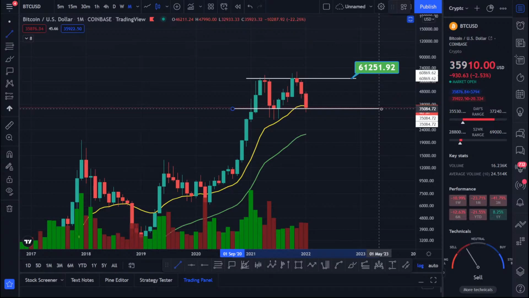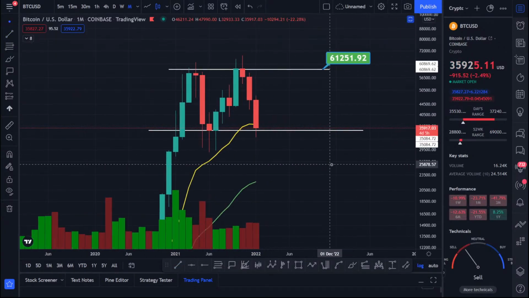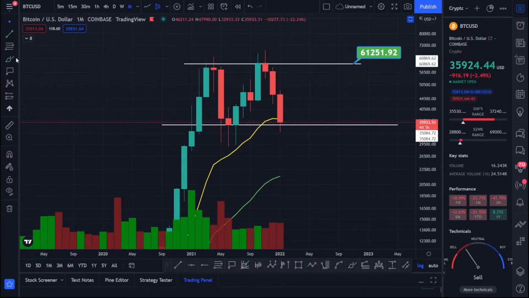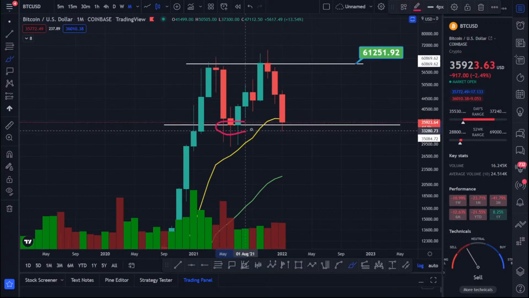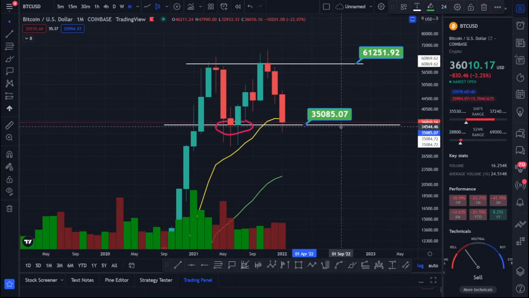Look at this. Okay, Bitcoin hasn't broken down from it. Now you have to pay very close attention because not a lot of YouTubers will give you this information. They will look at this area over here because the candles are complete. Okay, I'm not counting the wicks. Okay, so you can see this is where it's finding its support actually because Bitcoin hasn't broken down from this area, and this area is sitting at 35,085. Okay, so if you do see which monthly close we are going to have in 4 days and 5 hours to be exact,